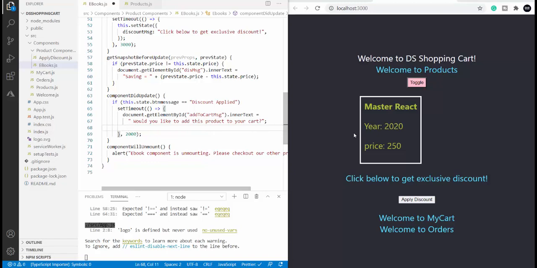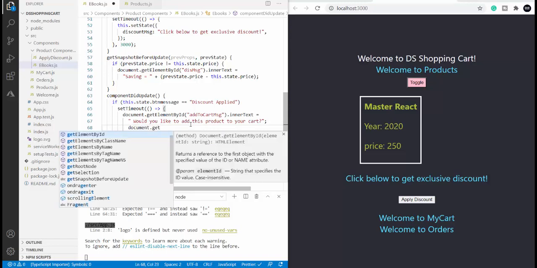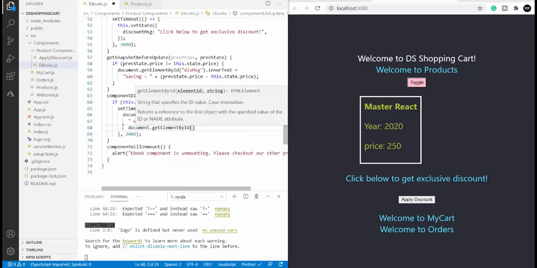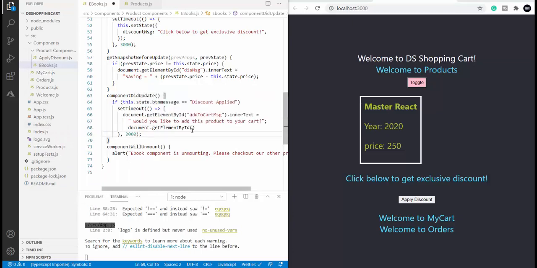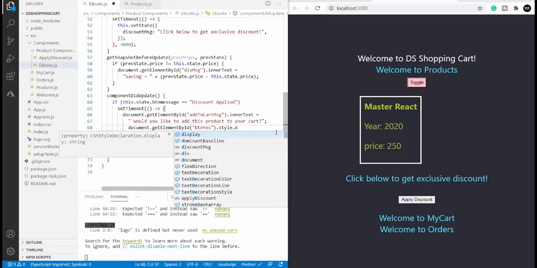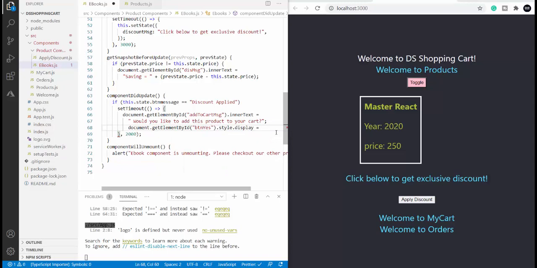So under this, inside the timeout method only, I'll be adding document.getElementById. Similar to this implementation, I'm going to call this button yes, dot style dot display equal to block.